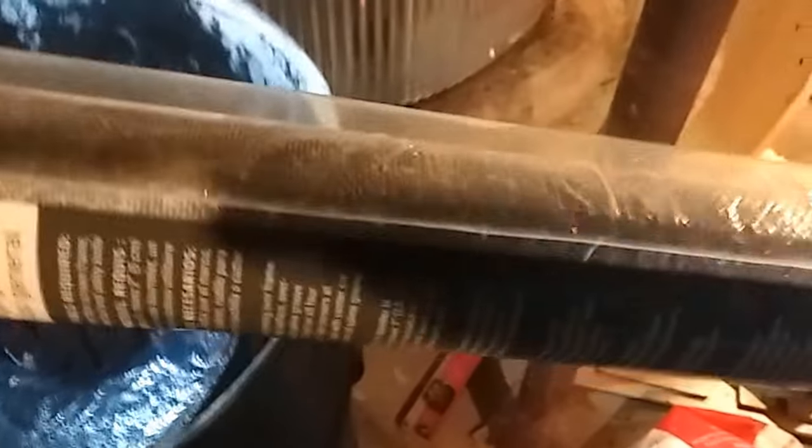So I'm going to do this on the bottom. I'm also going to lay a piece of this on the top to cover up the holes, because basically the cold air is going to be drawn through the bottom and it's going to run up through to the top. So what I'm going to do, I'm going to cut off a small piece. I'm going to do the bottom, and then